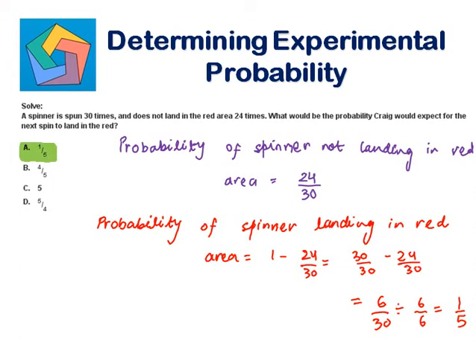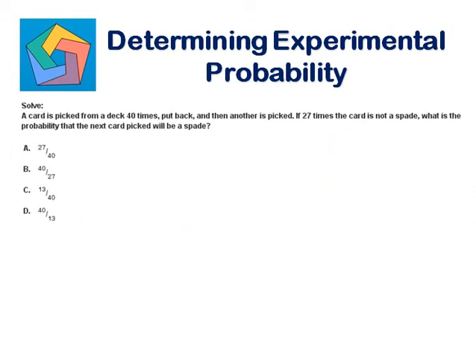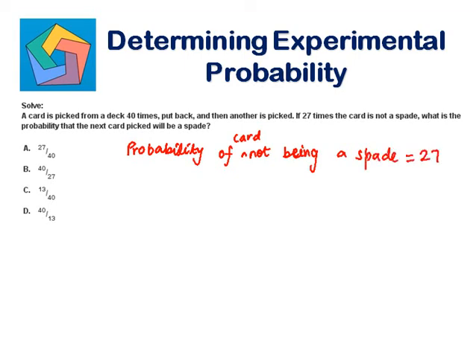Next problem. Solve. A card is picked from a deck 40 times, put back, and another is picked. If 27 times the card is not a spade, what is the probability that the next card picked will be a spade? Probability of the card not being a spade will be 27 by 40,